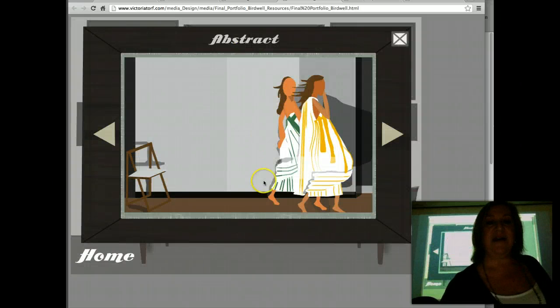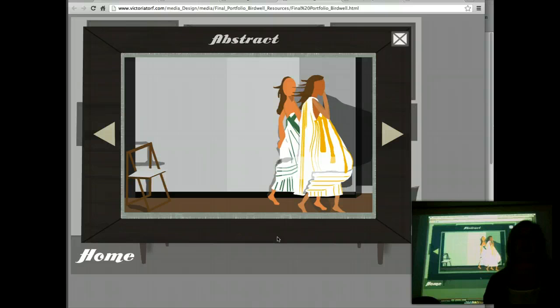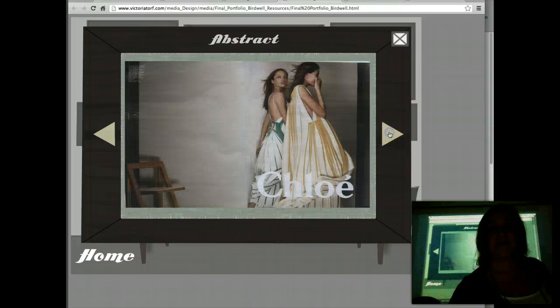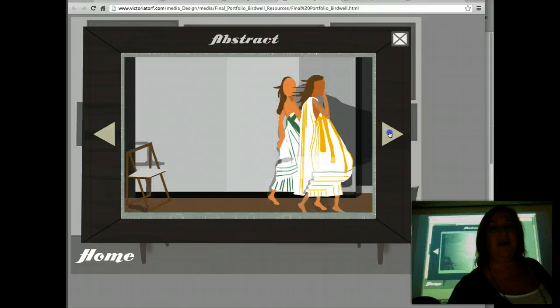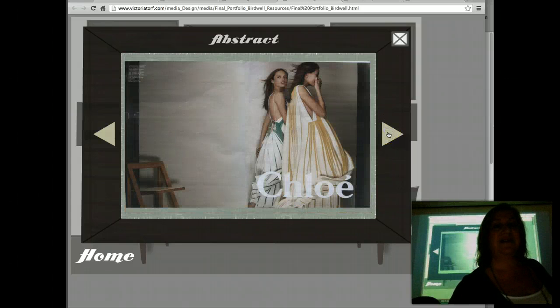This was her ad. This was her real to abstract ad. And I think you can see the real ad here and her abstraction. Notice it's not perfect. Notice the image shapes aren't perfect. Notice the shapes focus on darks and lights. They don't worry about subtle shading. They don't worry about the hair being in perfect places.